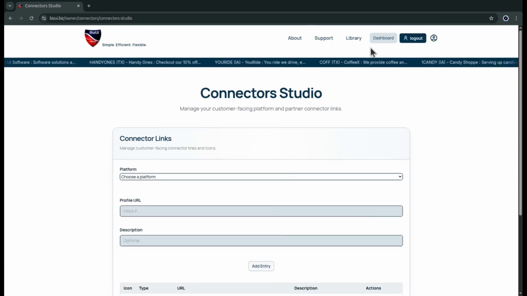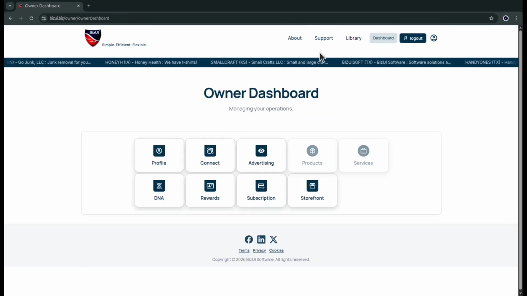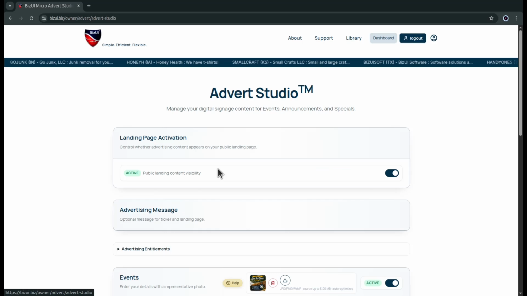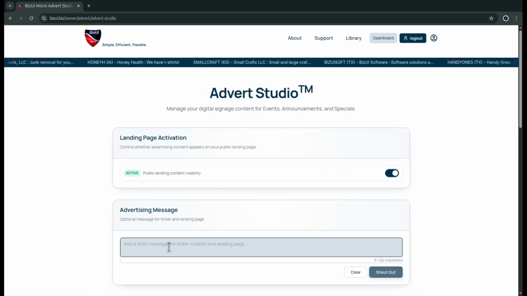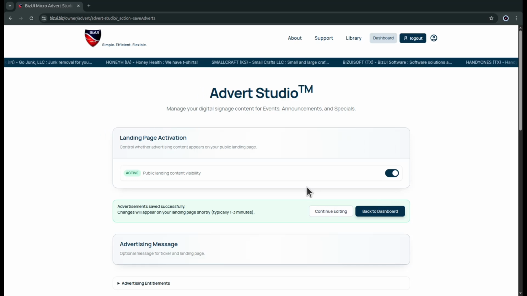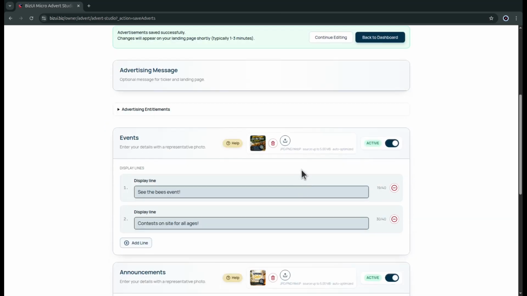Navigating back to the dashboard, let's examine your advertising options. Create a live advertising message that will be updated in real time for visitors of your landing page to see. That message shows up on your landing page just under your contact information, as well as in the ticker that runs across the platform. While in the Advert Studio, modify your existing events to expand details displayed on your landing